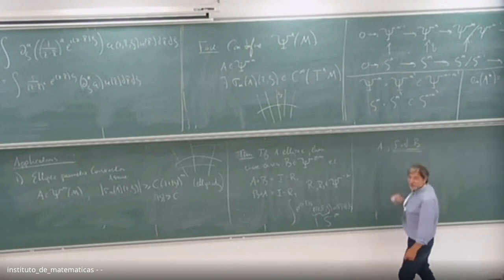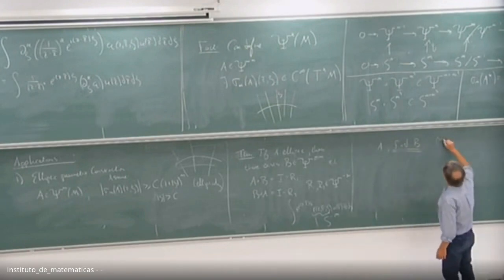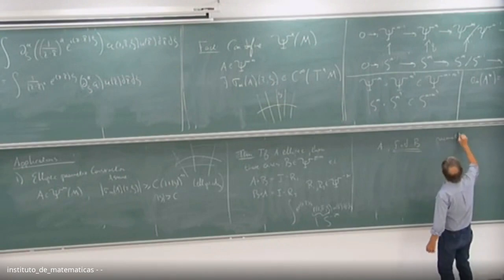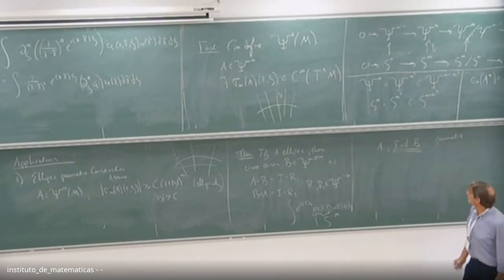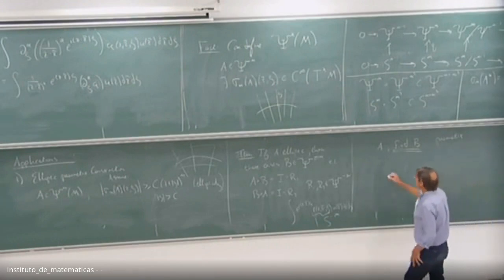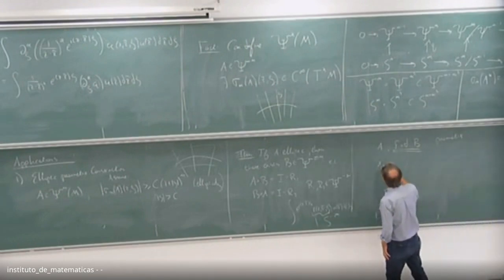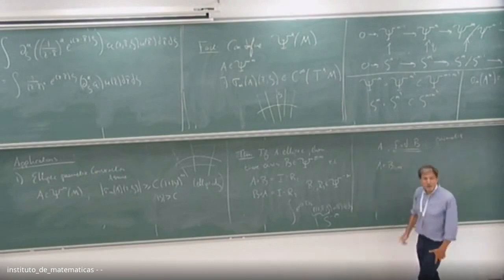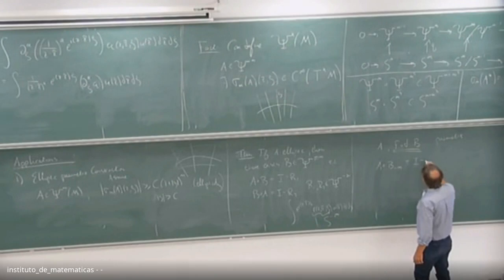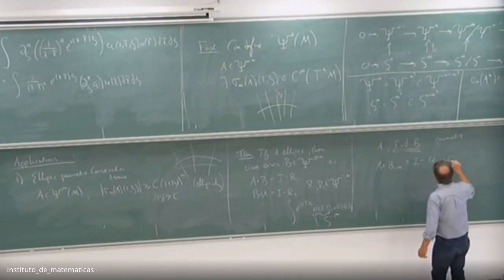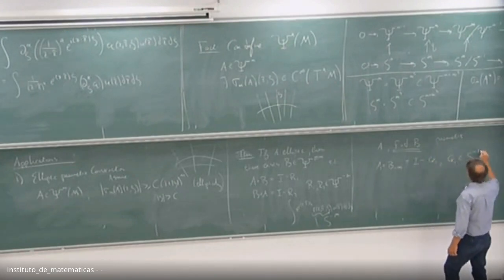So this is called parametrics. Parametrics is just an inverse up to low order error terms. Okay, so I want to find B. What I'm going to do is first try to find an operator of order minus m that's going to solve identity, and let me call this Q1, where Q1 is a symbol of order minus 1.